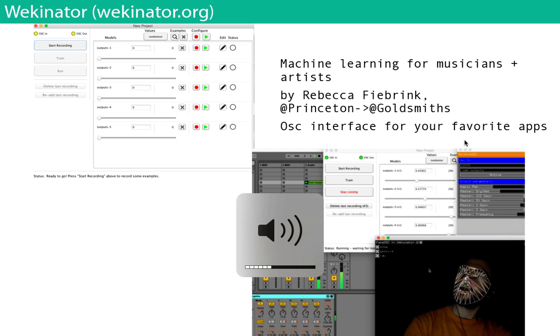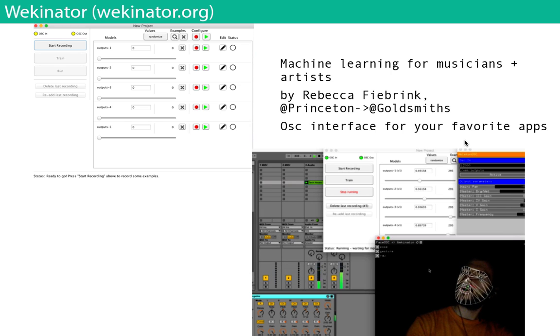The neat thing about this is that you can train these things so that however you want your instrument to react to your inputs, it will do that for you. That's a neat thing about Wekinator, and it's really easy to get started with. It's generally targeted to people who have never been exposed to machine learning at all, and who are just interested in music stuff. So it's a really excellent application. Definitely encourage you guys to check it out.